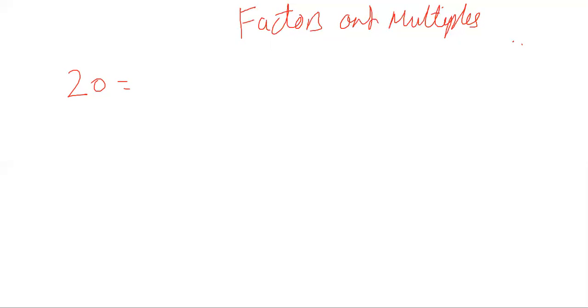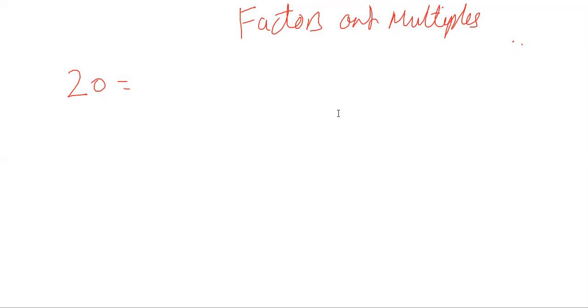What are the factors of 20? 1 into 20, 10 into 2, 5 into 4? Very good. Good. And Aga and Taha, Musa and Mustafa, always remember 1 is also a factor of every number, because when you multiply 1 with any number you get the answer. Okay? So for 20, what are the factors?